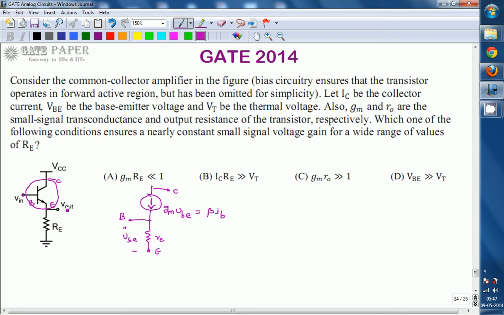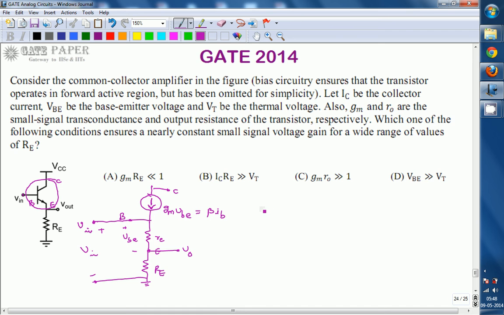Now we will include all the other parameters connected in the circuit. The emitter is connected with the resistor Re, which is connected to ground. The base is connected with Vin, which is from this point to ground. So this is Vin, plus minus. From this we are going to obtain the condition. Vout is taken from the emitter, V0.